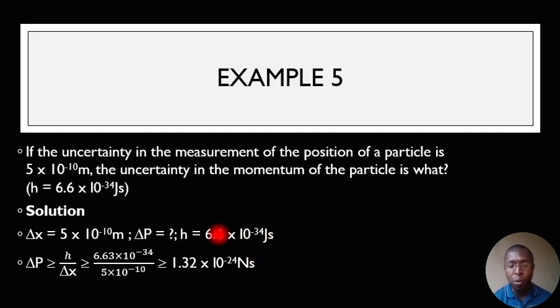All right. So if you want to determine the uncertainty of the momentum by formula, the uncertainty of the momentum is greater than or equal to Planck constant all over uncertainty of the position. Okay. And if we substitute the value of h, that is 6.63 times 10 to the power minus 34 all over the uncertainty of the position, which is 5 times 10 to the power minus 10. When we simplify this, the uncertainty of the momentum will be greater than or equal to 1.32 times 10 to the power